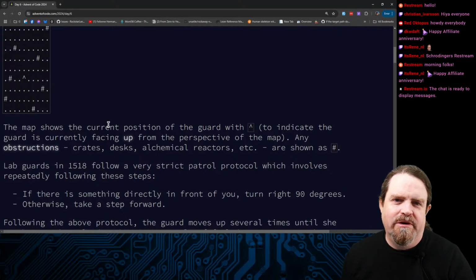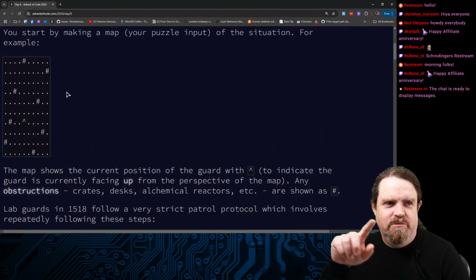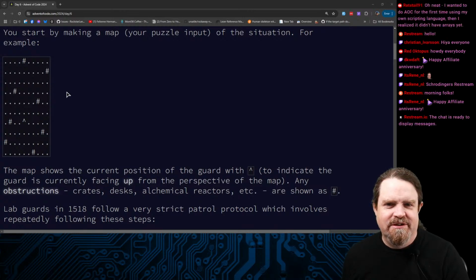And then I thought, well, okay, what if you just take your route around the grid, and for every single point on your grid,